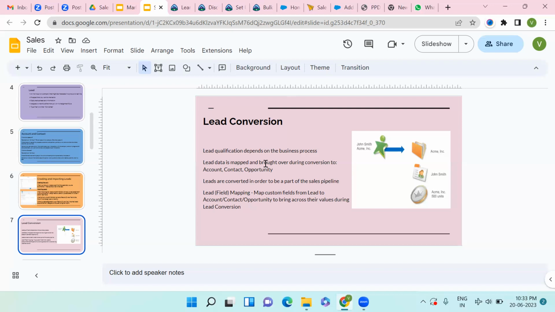So as a Salesforce admin, we are not going to feed any data. The admin will create objects and fields. That's an admin's task. The sales task is only to feed the data, load the data, and convert leads to accounts. That's a sales task only. Sales people will take care of that. Yes, correct.